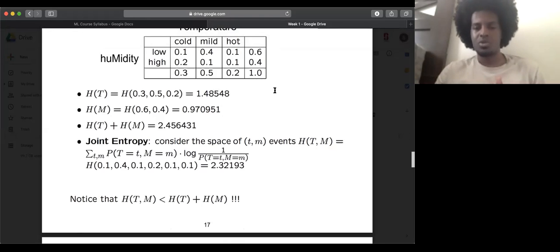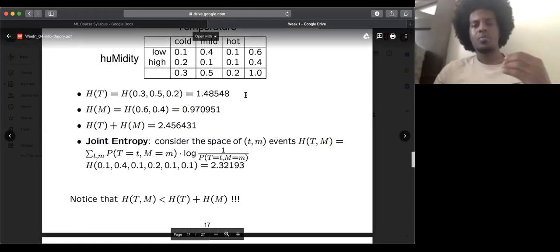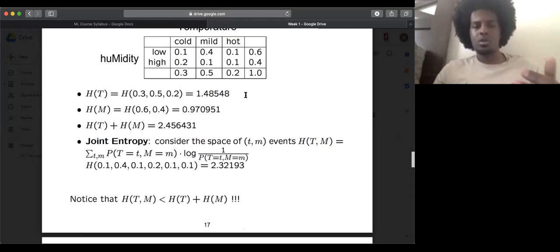So as a result, you actually know more information about your future events, and that would be less than the averages of the individual entropies, right? H of T is like the marginal distribution. So even if you sum the individual entropies of one specific variable and then sum the two separate variables together, your joint distribution is a more specific set of events to have occurred. As a result, you'll have less entropy than the total sum of those individually.